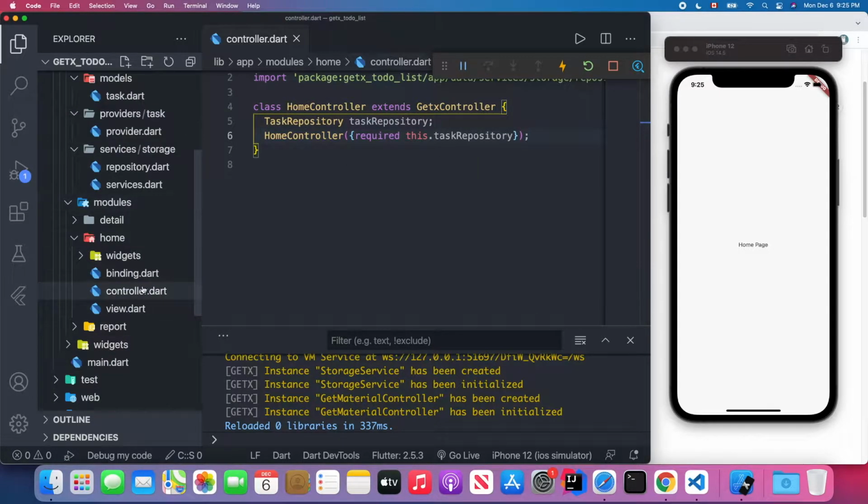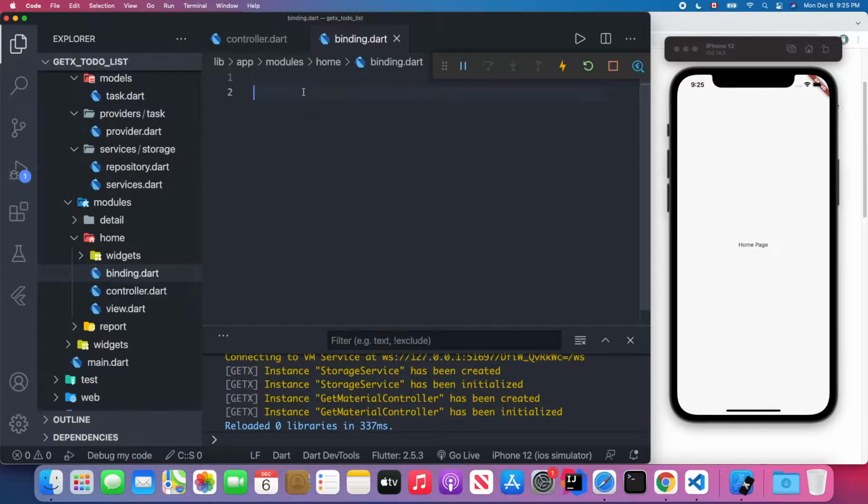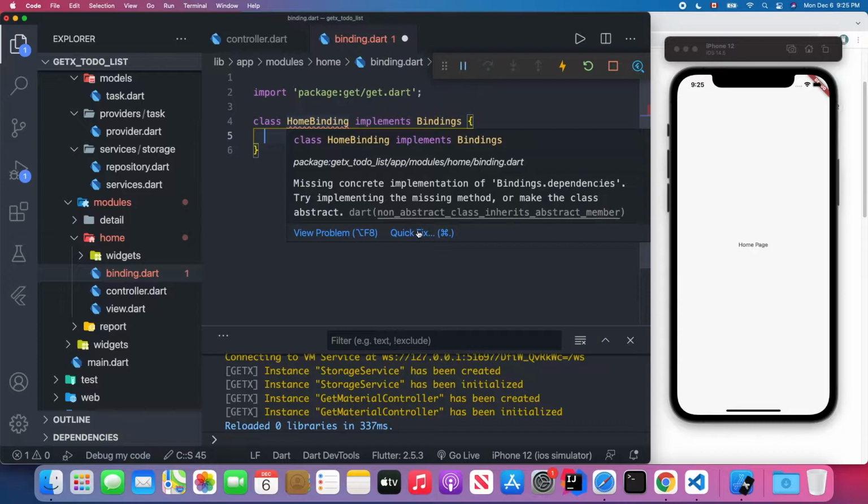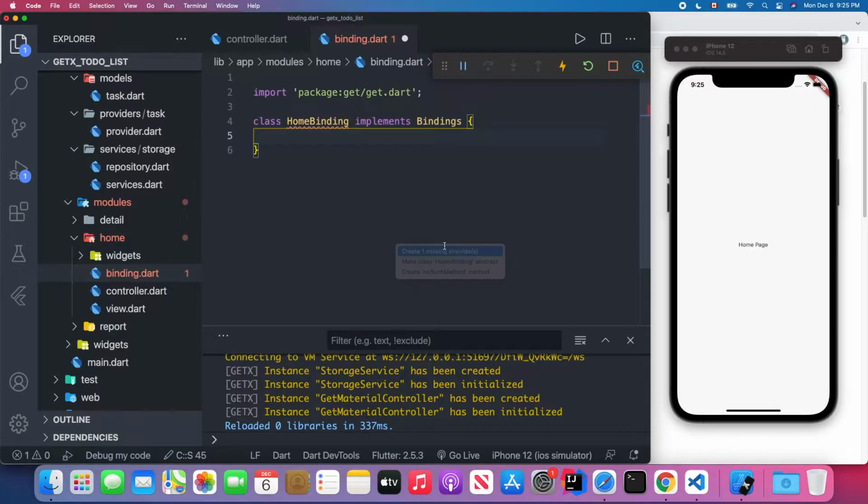And then back to this binding class, we're going to create our HomeBinding that implements the Binding class. So let's create a class called HomeBinding, which implements the Binding. First, we need to import the library and then override this